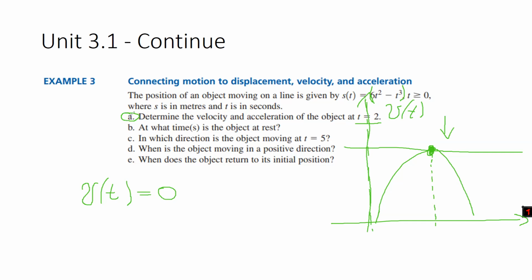They're asking you to find the velocity at time 2 or at what time the object is at rest, not just because they want to. Because you see, everything is a consequence of the previous one. So now we say v(t) equals 0,